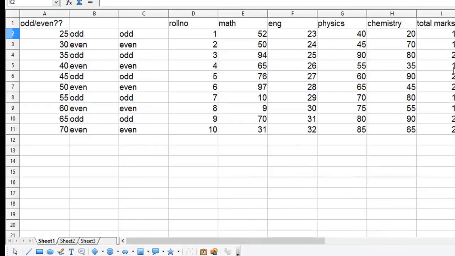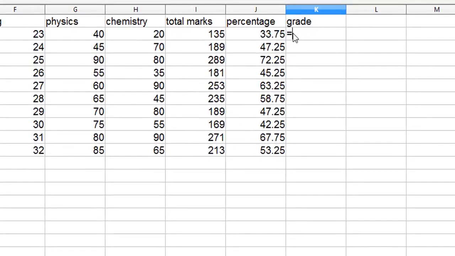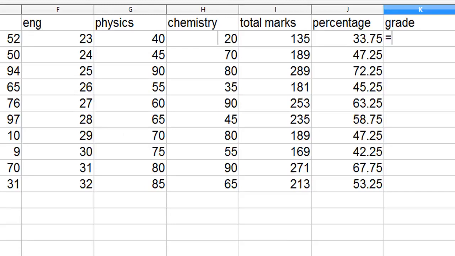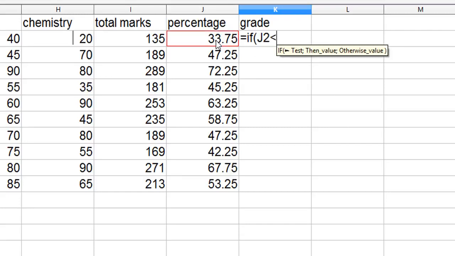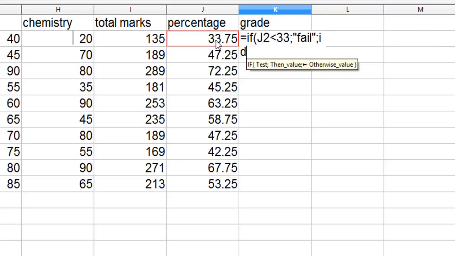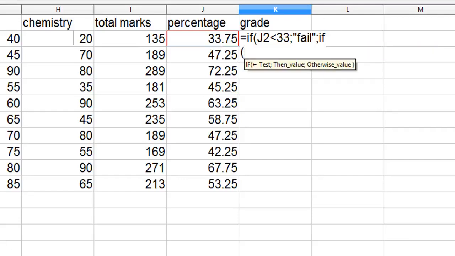So how to perform this in the spreadsheet? Go over here. The formula is equals to, let me increase the font. Equals to IF, first, if this percentage is less than 33, then I say fail message, semicolon. Otherwise I again have a condition. I'm not done, because there are multiple conditions, and I put all those conditions one by one.